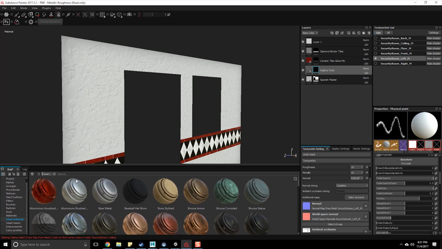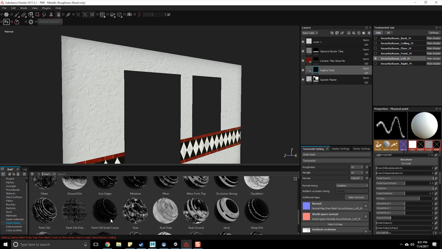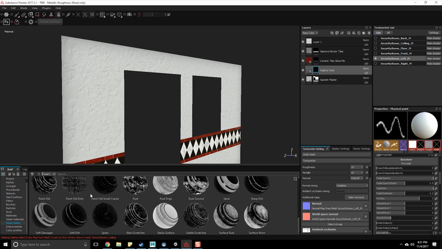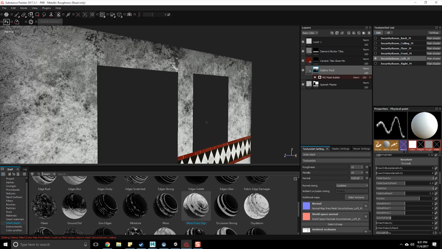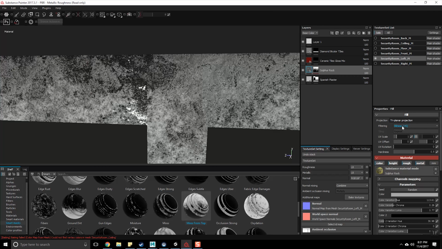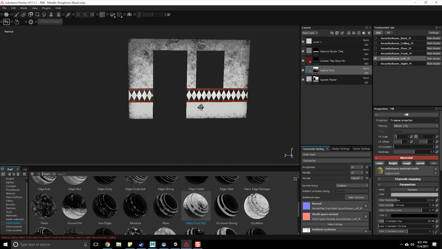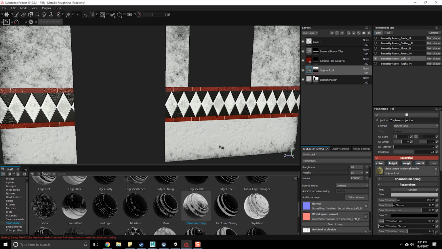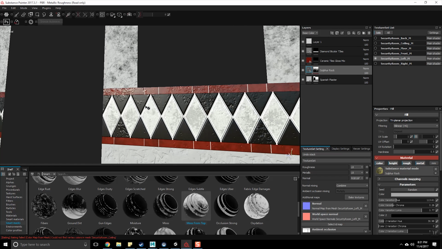I am going to add a mask to it though, and we're going to add that moss from above smart mask to it. And that's going to make it so that it really only appears at the top and a tiny bit at the bottom, which is exactly kind of what I'm going for. And I'm going to use triplanar instead. Triplanar is going to set up those UVs a little bit nicer, especially where I have those cuts that I set up before. Now I do notice I've got a problem where the height and normal information are coming through,